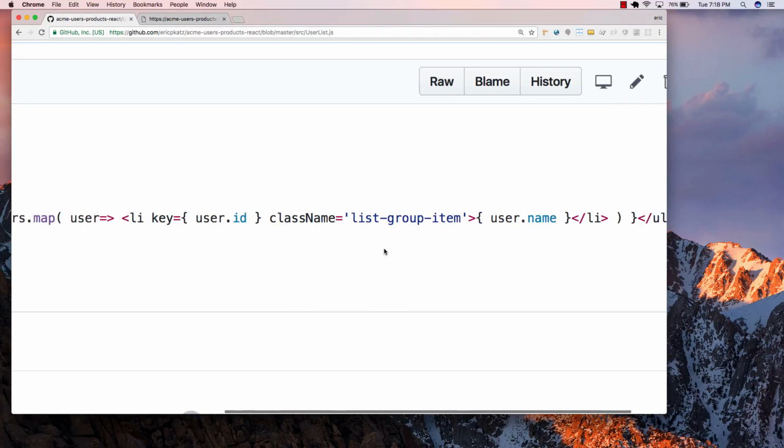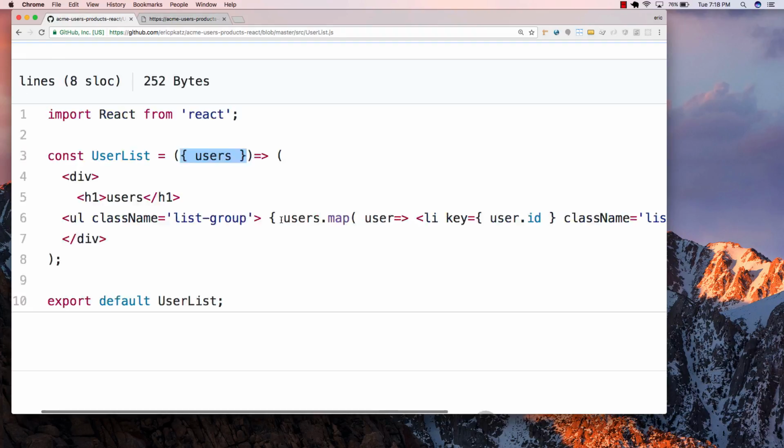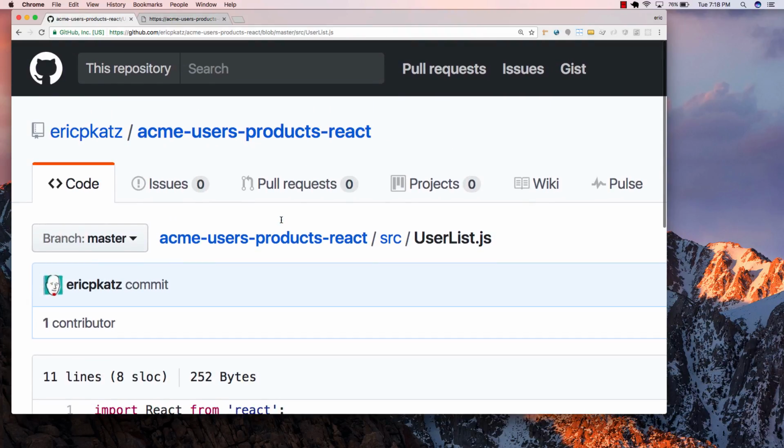I'm going to create a list item with the username, and I put in this key value so that React can better keep track of those items, okay? Again, you're starting out from scratch. You want to warm up like you're playing the piano with a React application. Put in some data, loop over it with an unordered list. Now, when we go into